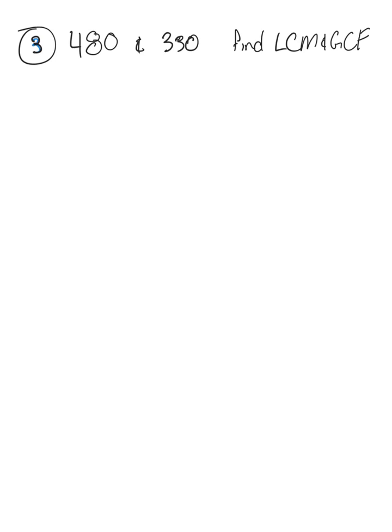So we're going to start off with the factor tree again. 480 can be divided into 48 times 10. We could also have done 2's, breaking it down step by step, but since we can clearly see that it's some number times 10, we can cut out a lot of the work. So now we can do 48 equals